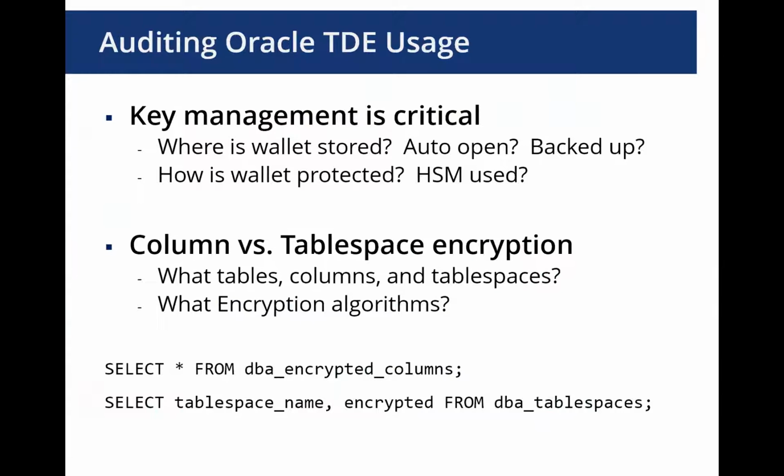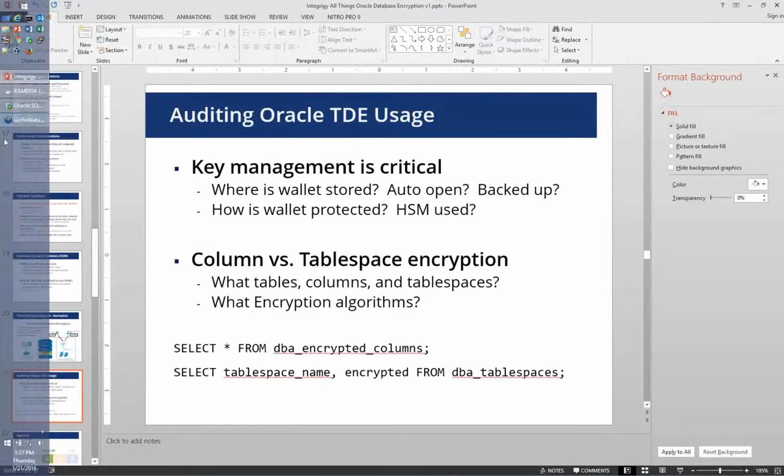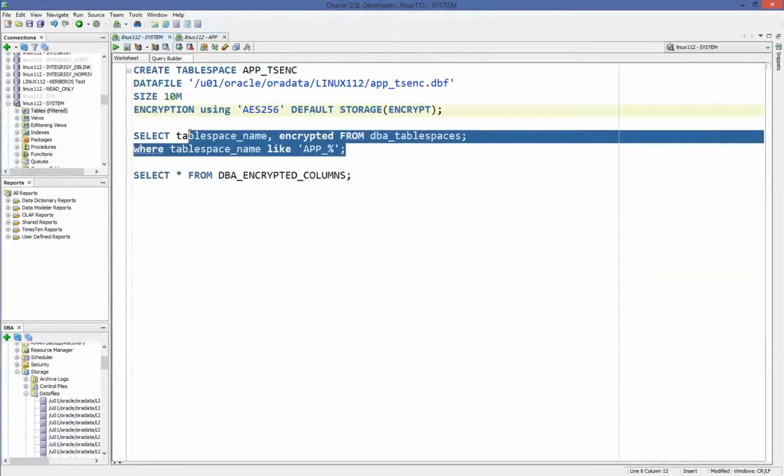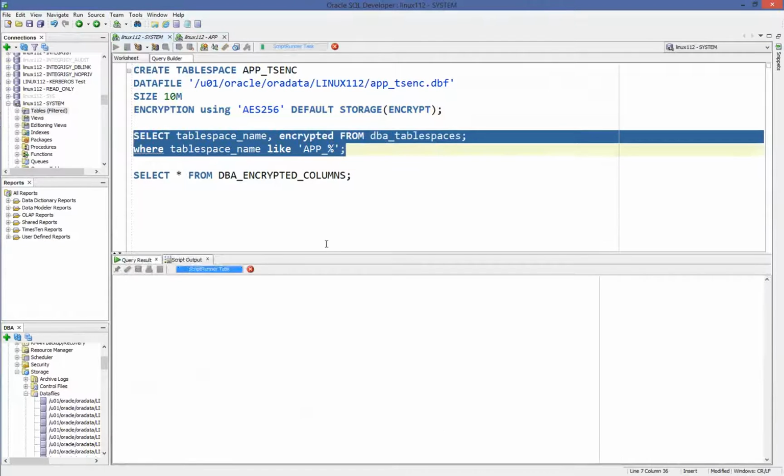The second key question is, is column level or tablespace encryption being used? So what's actually being encrypted in the database? And then what encryption algorithms are used for each of those items? There are really two different views within the Oracle data dictionary that tell you what's happening here, and I'll show you those quickly. If you look at a database and ask what's being encrypted within it, there are two different data dictionary views. If you're looking at tablespace encryption, this is fairly simple. You just basically look at the,